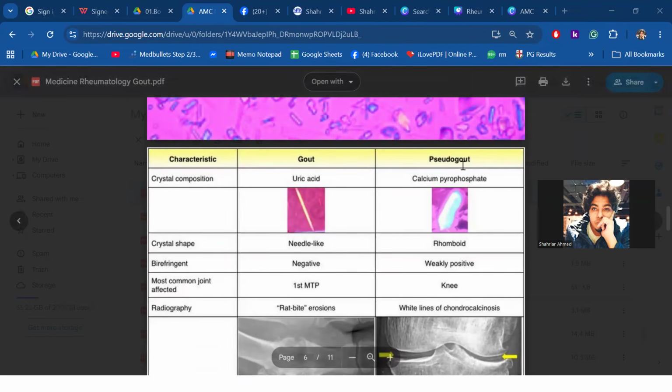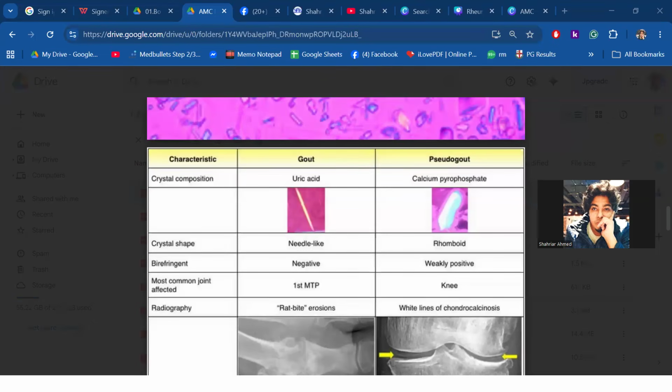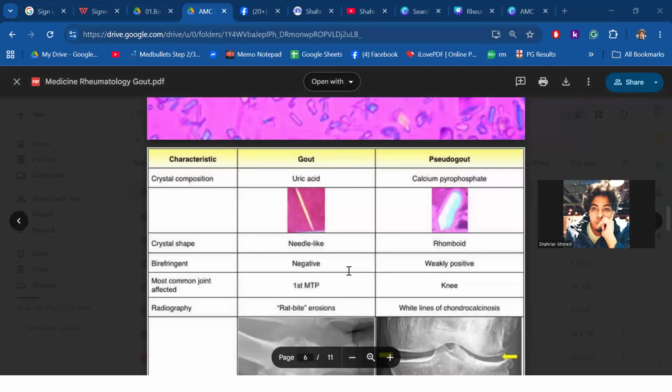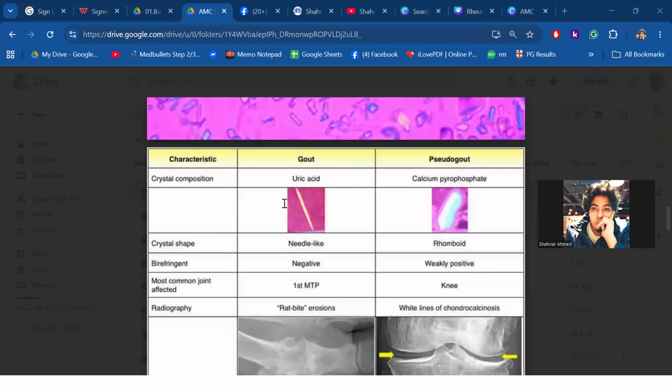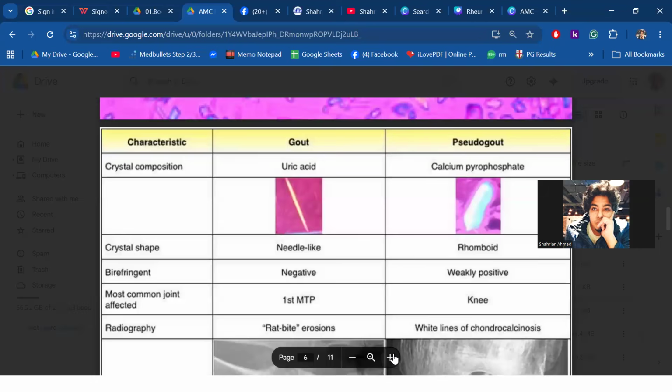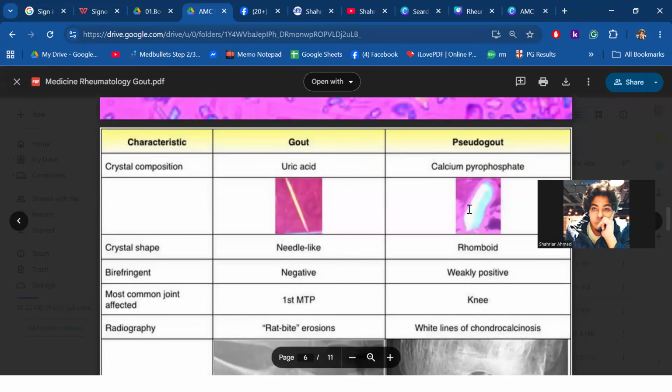This brings us to an important point, which I'm writing in your chat box. Are you familiar with this term PLM? What is that? Polarized light microscopy. I repeat, polarized light microscopy. Now, according to the MC handbook, this particular thing is also given sometimes in MCQs, as PLM finding. When we do the polarized light microscopy, we get to see this view. What is this view? Crystal, is it needle shape or is it rhomboid shape?